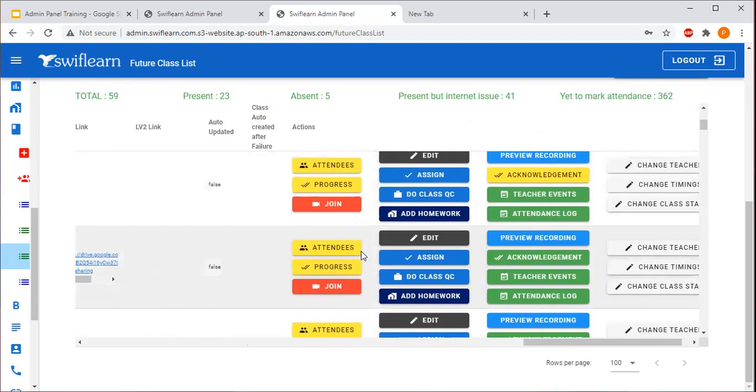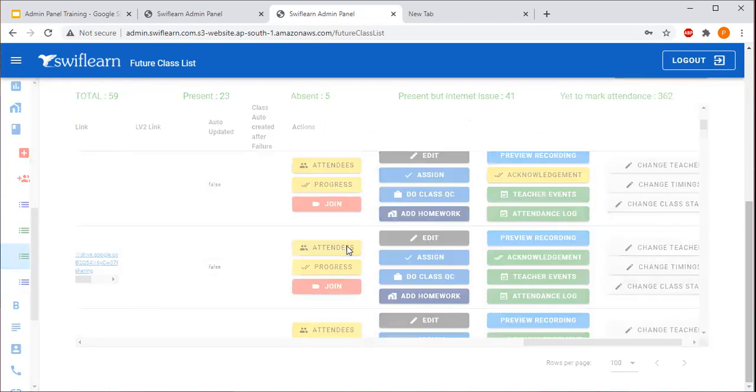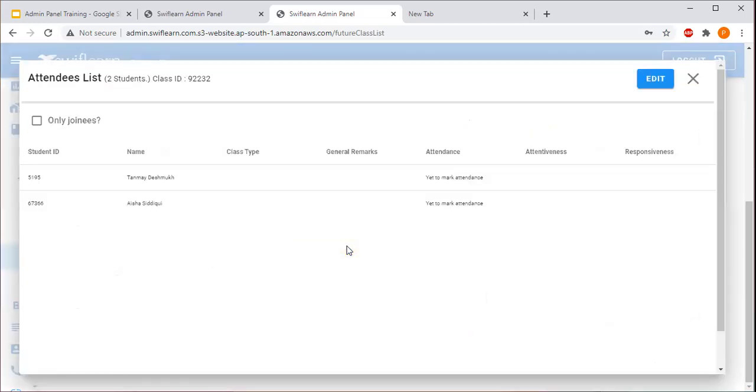So here, this is a tab from where teachers can update the attendance. How? Teachers have to click on this attendees button. The tab will open. Now this page will open. In this page, teachers will get the list of the students and the student ID. So student ID is a kind of roll number. Now in a trial class, before entering the class, teachers can click on the attendees column and just have a look at who all are the students of the class.